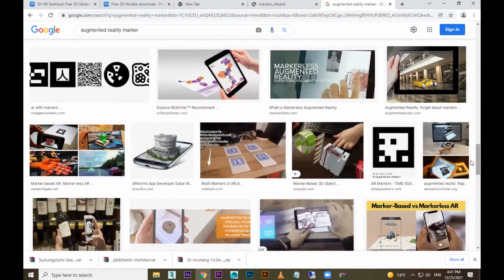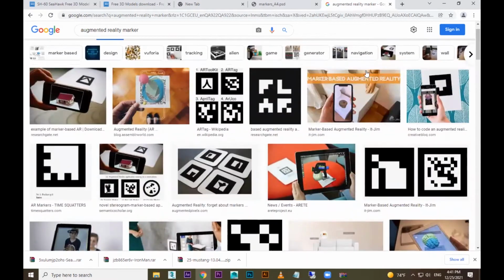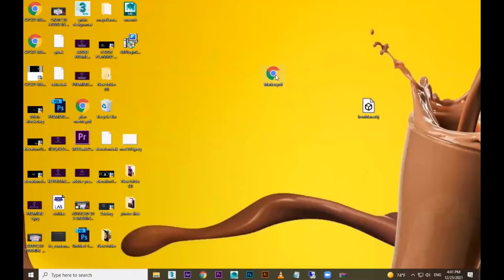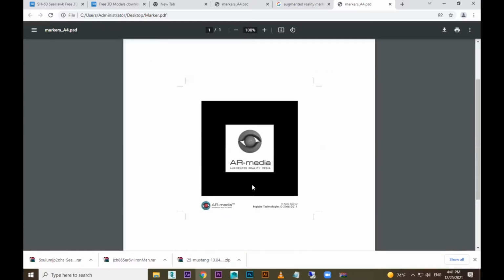So what I told you, every company will provide their own marker. You see, this is a marker now, and this object is brought over here. Similarly, I have a marker here. You need to take a printout of it. Okay, you have to take a printout of this marker. Then